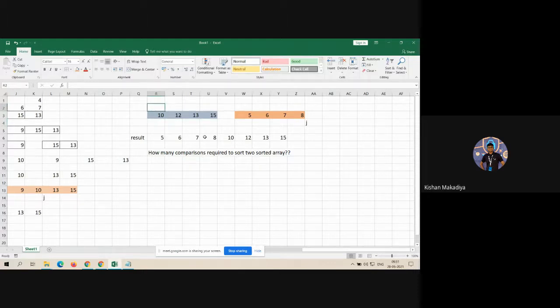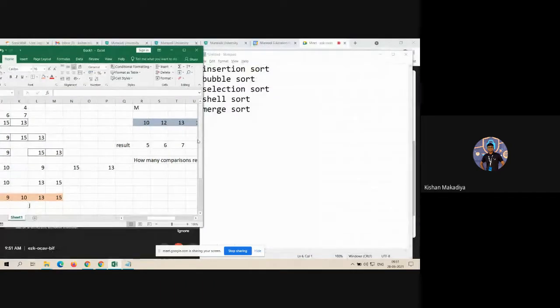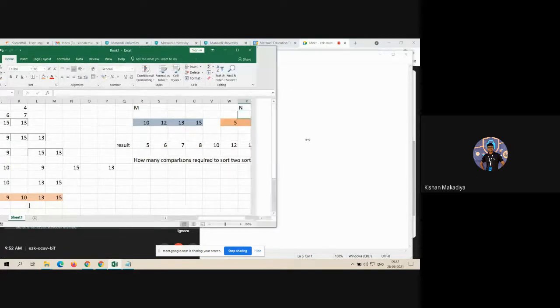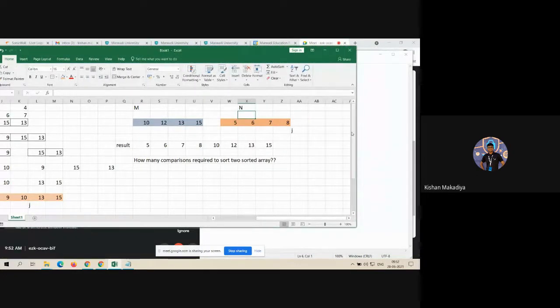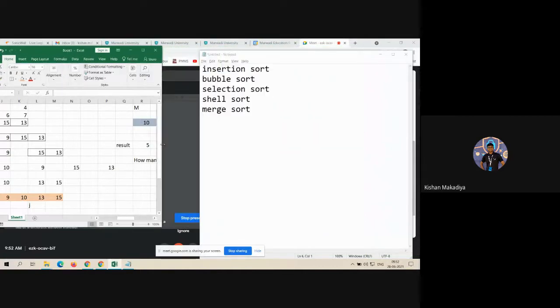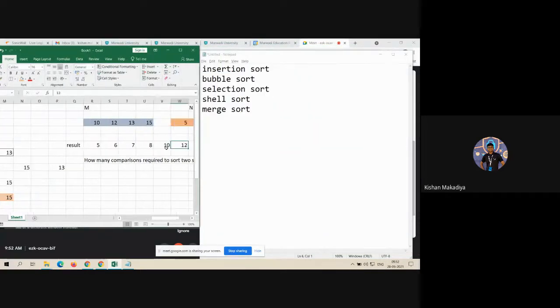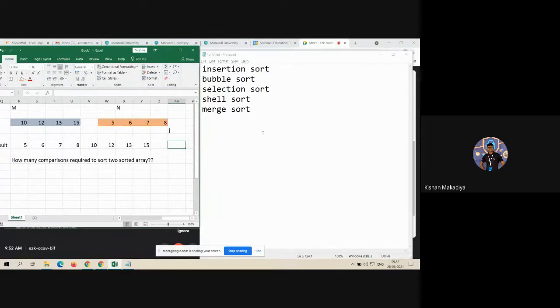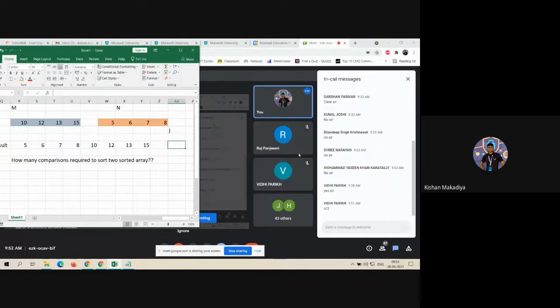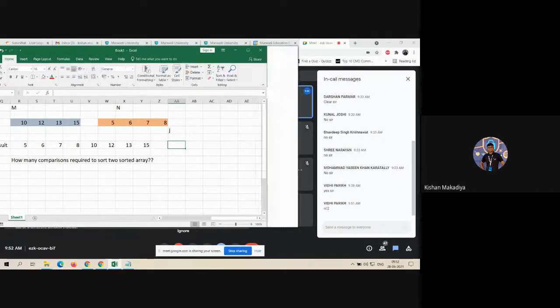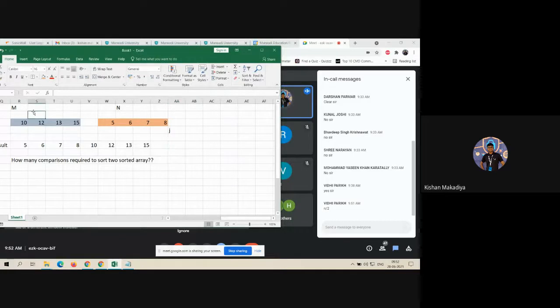For example, the size of the first array is capital M and the size of the second array is capital N, the number of elements. Now give me the answer. N by 2? No. The sizes may be different. The size of the first array and the second array may be different, not exactly divisible by 2.